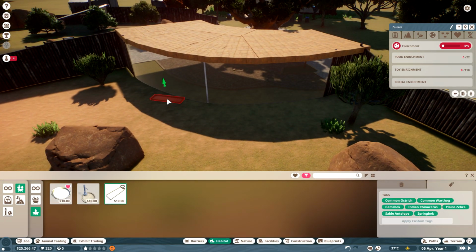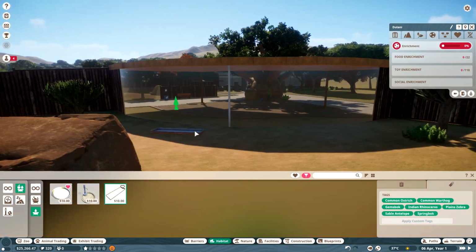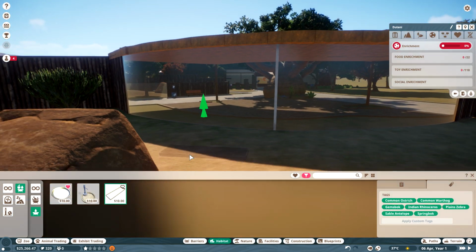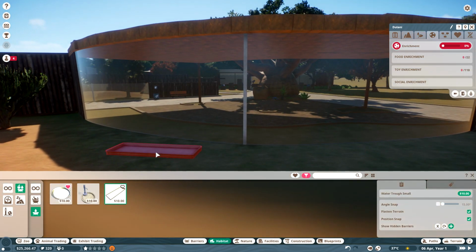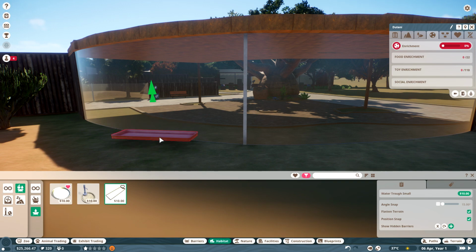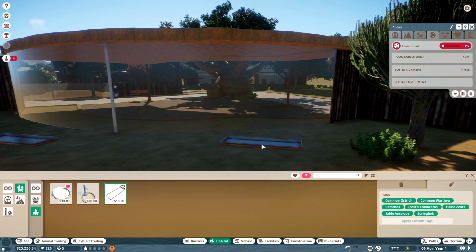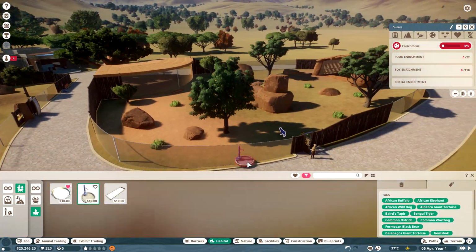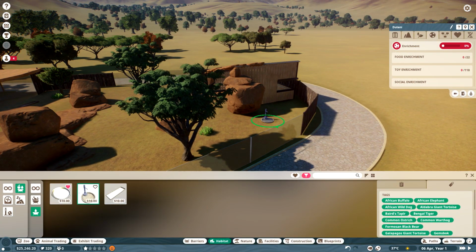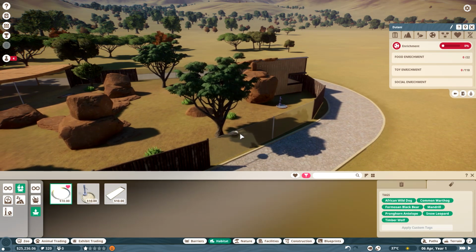Let's get some water troughs over here. I do have to make sure it is actually, like, on the surface. Position snap. Okay. Beautiful. Put another one over here. Beautiful. A water pipe. That's interesting. Okay. Put one over here. Kind of in the shade. And then...